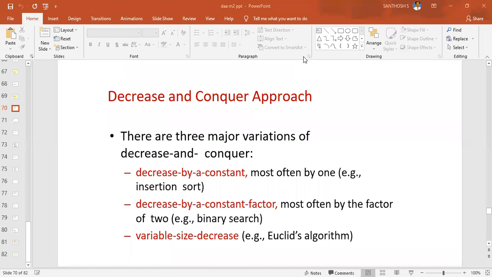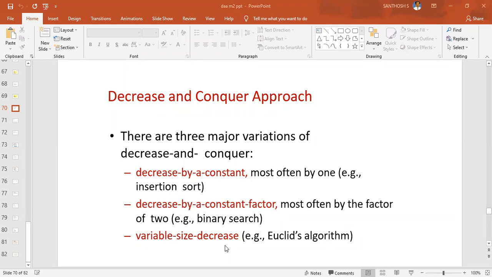So when you go with a division by 2, what is the constant factor you are getting? You can take it as any variable, most often by a factor of 2. So what you get for divide by 2 is the mid element. The mid element we take as divide by a constant factor, most often by a factor of 2. For that you go with binary search.